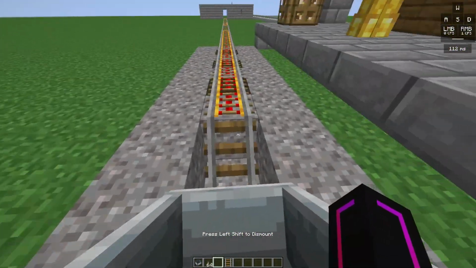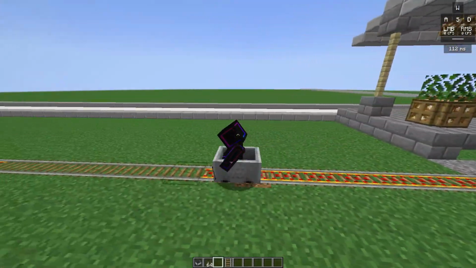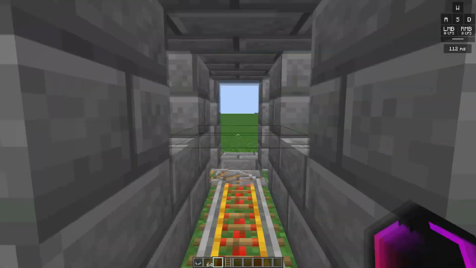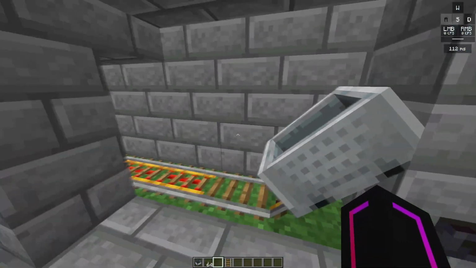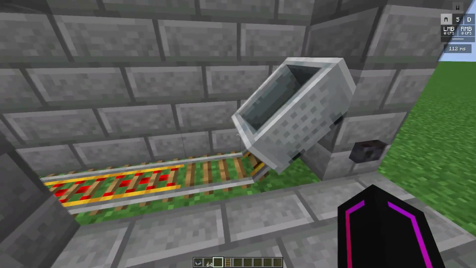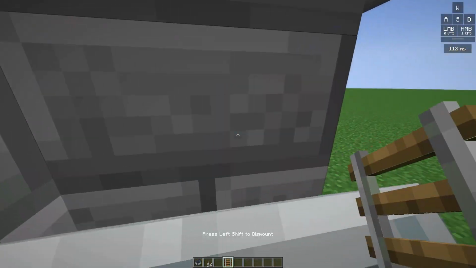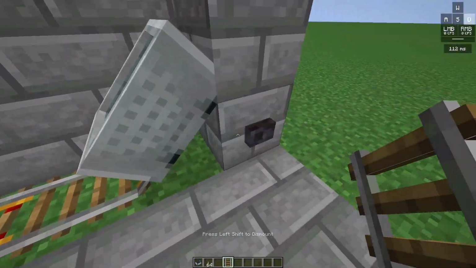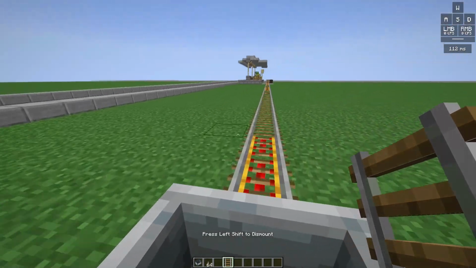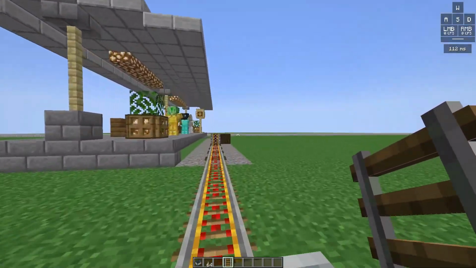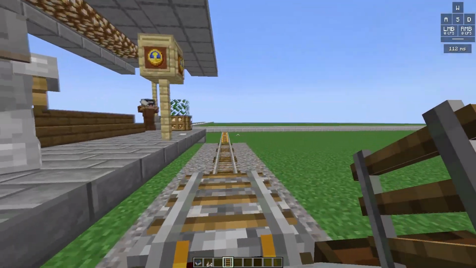So as you can see, this is the basic functionality of how you can make your train system work. You don't really need the tripwire function, since you can just link it up so that when you press the button, it just goes back towards the platform. This is something I've done extra, and you can just use this function so that it just goes back to the platform. You don't need to add all of the tripwire and stuff.